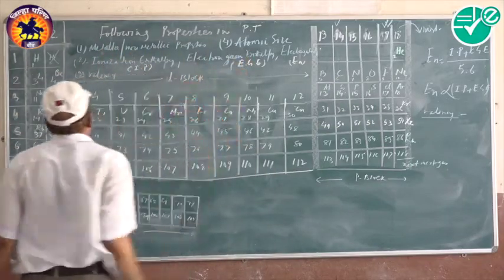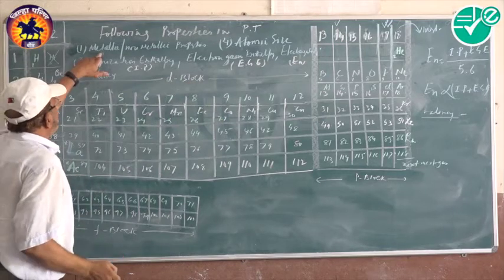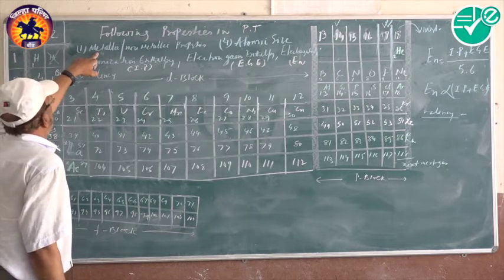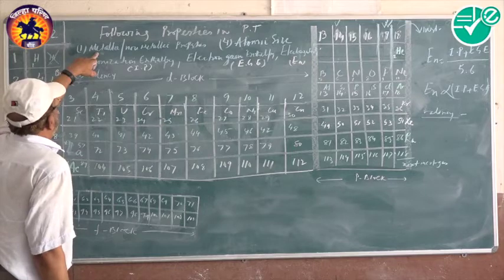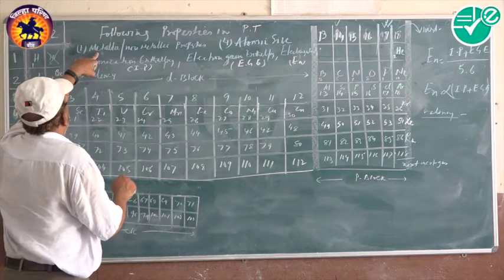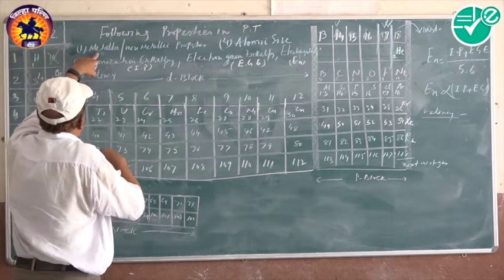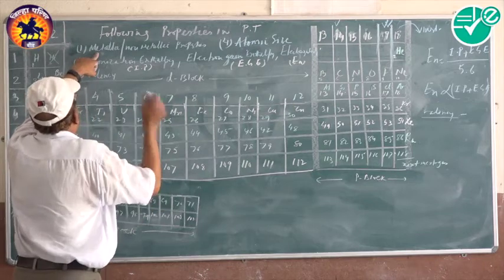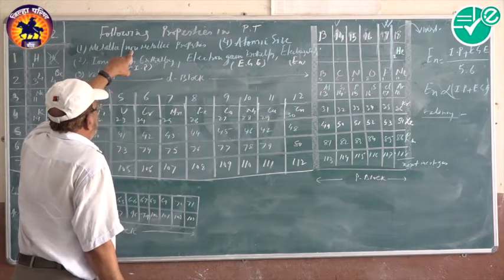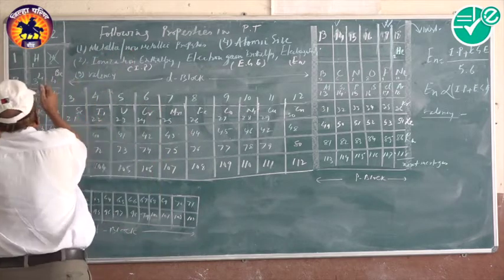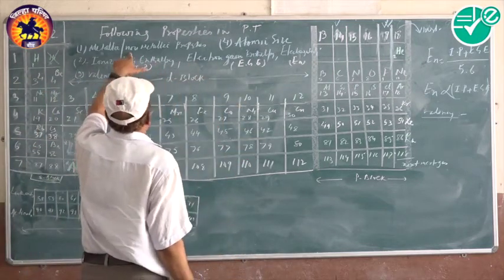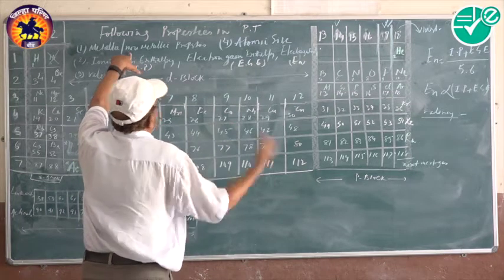properties in the periodic table. Again, what is a metal? Metals are those which lose electrons. Metal is also called an electropositive element, because by losing electrons it acquires positive charge. Metals are also called reducing agents, because those which lose electrons take part in oxidation and are called reducing agents. Therefore, metallic properties and electropositive properties go from high to low, from left to right. And of course, non-metallic property will be just the reverse.